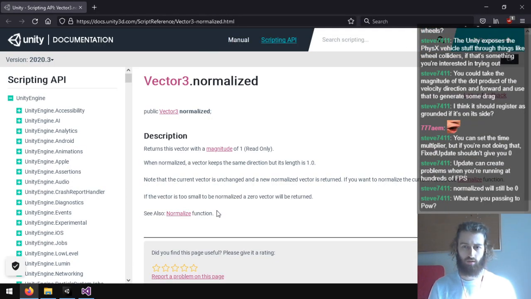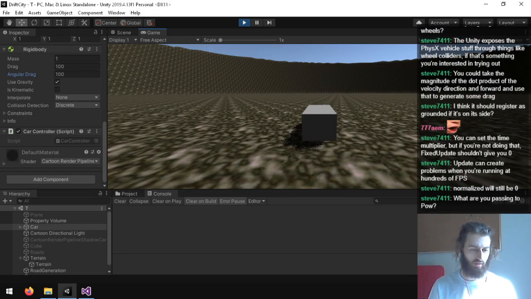Yeah, so if the vector is too small to be normalized, the 0 vector will be returned. So, yeah, according to this, everything should be working.